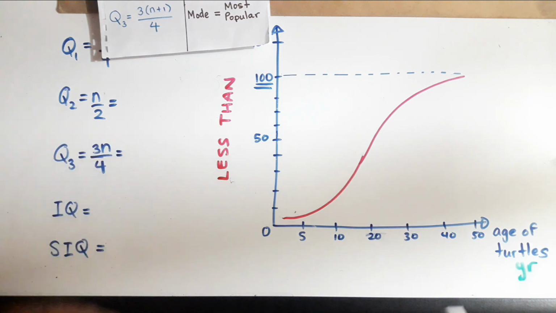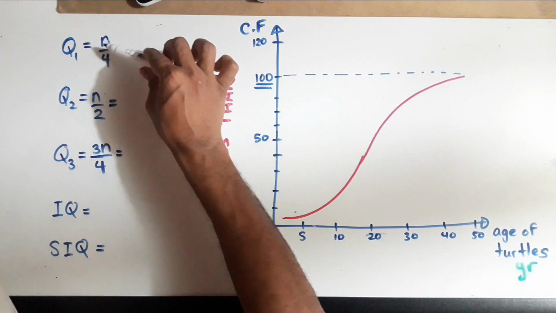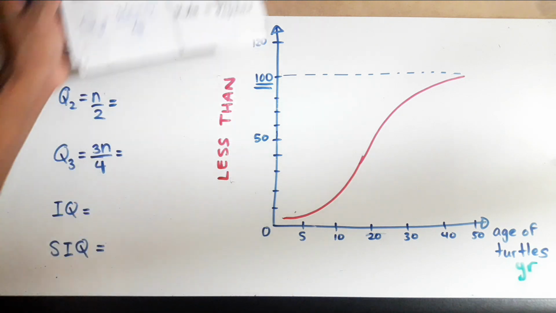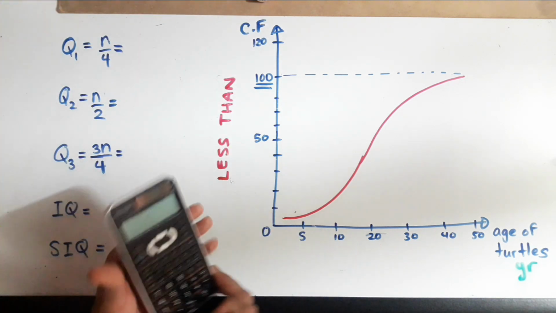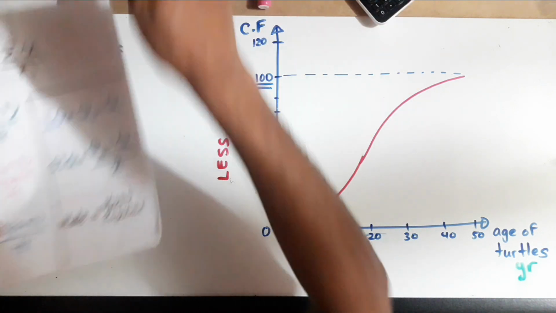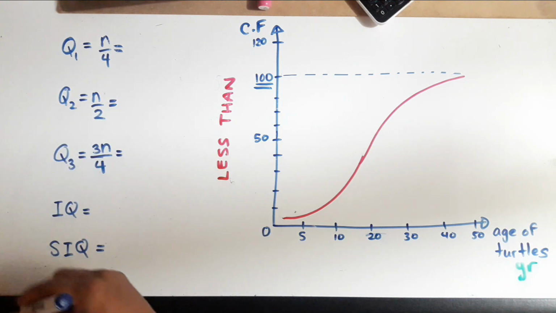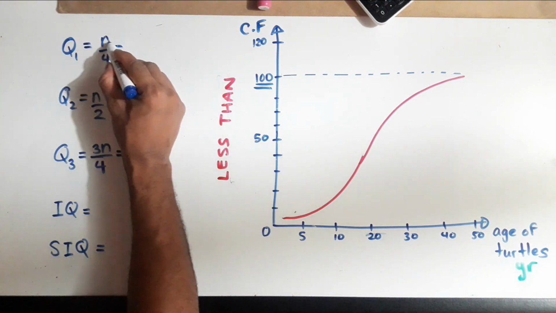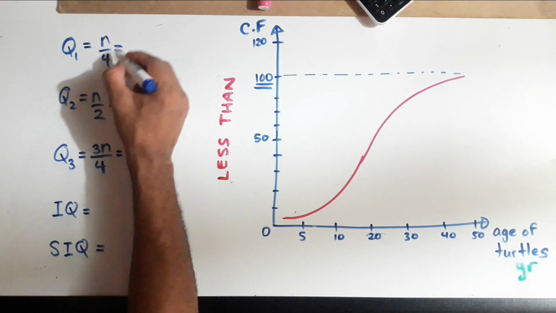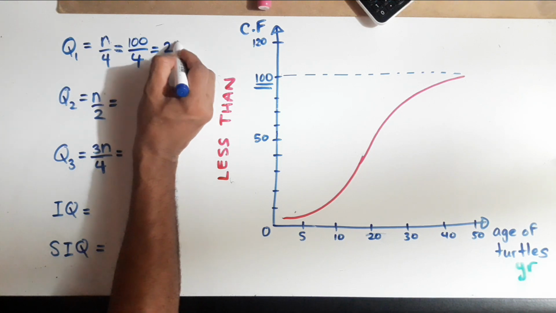And it won't affect your answer. Because I'm dealing with 100, to make my calculation simpler, and remember for multiple choice, because you will not have a calculator, eliminate the 1 from it to make the formulas simpler. So how do you find Q1? Well, you take N and divide it by 4. So it's 100 divided by 4, which is 25.